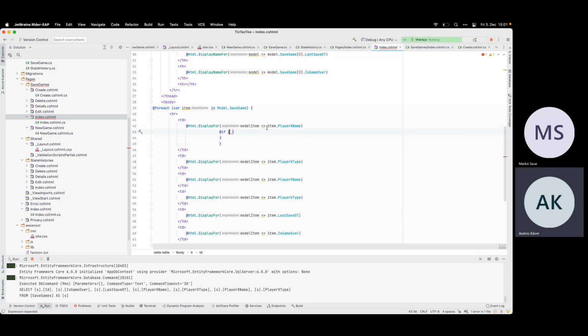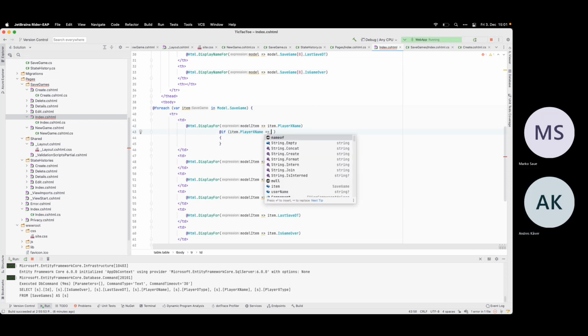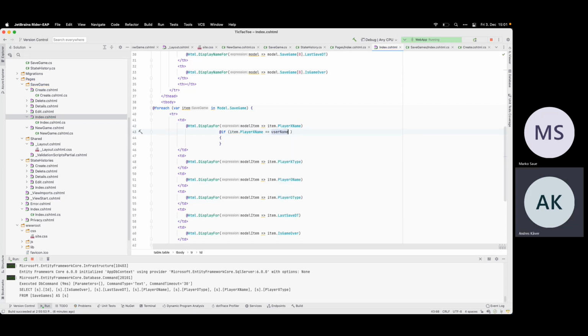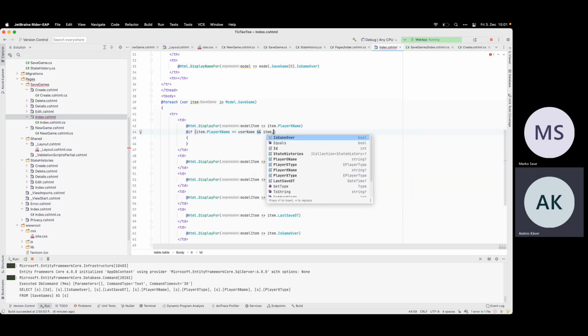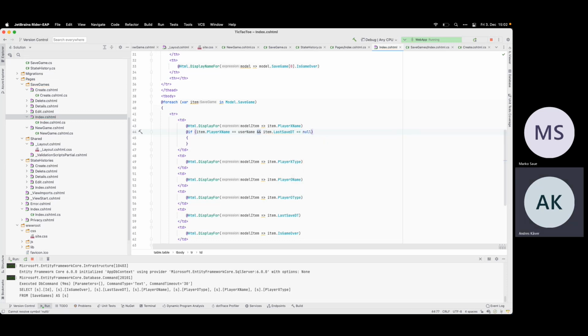So if item player X name equals the username, if this is us, and item dot last save date time equals null, so we don't have any moves yet. So this is the first case, there are no moves yet.